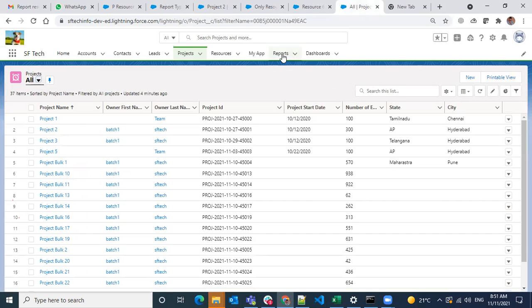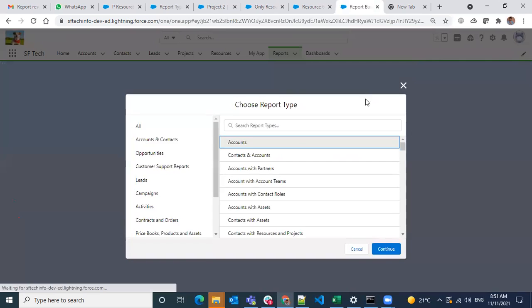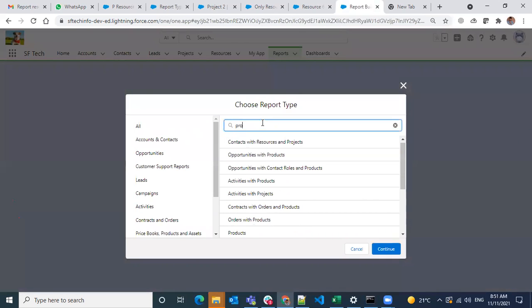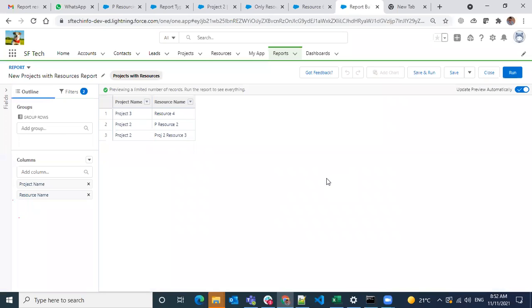Let's create a report with this new report type and see how the data visibility is controlled. We have around 30 plus projects and some 10 resources. So I create a report with projects with resources, where at least one resource is required.